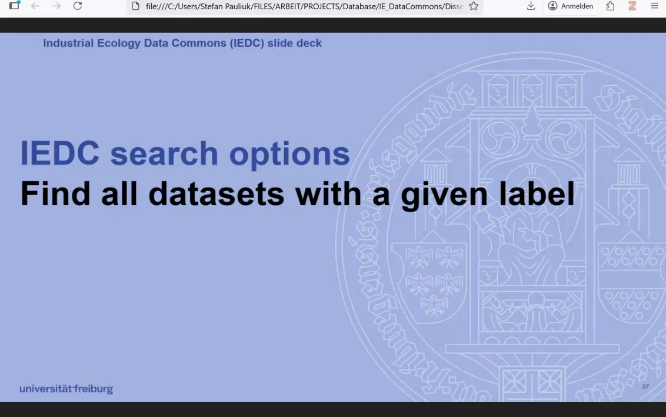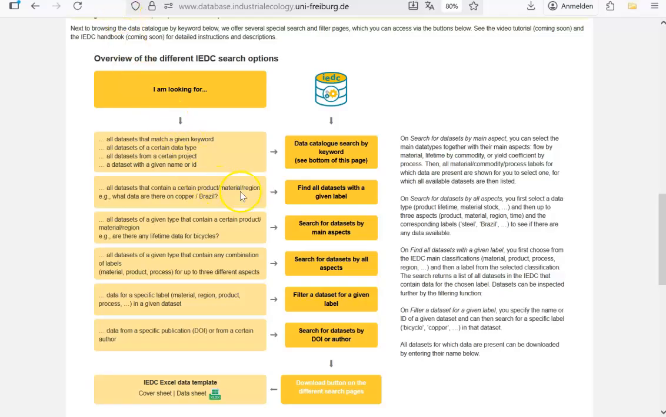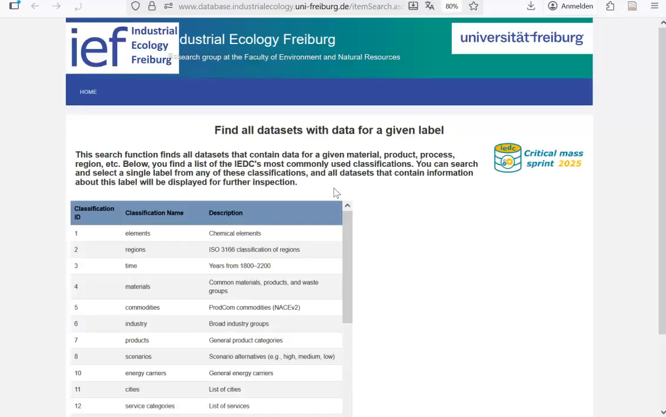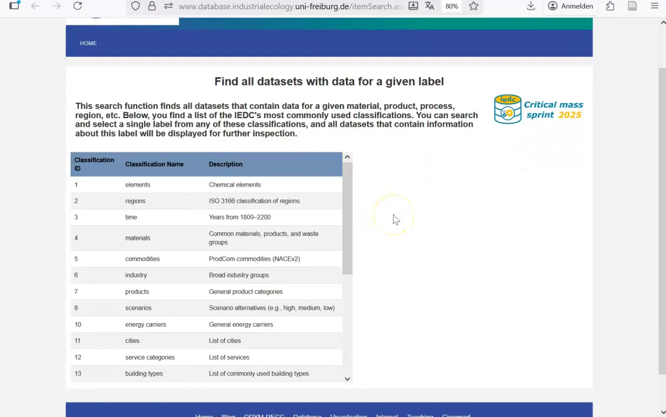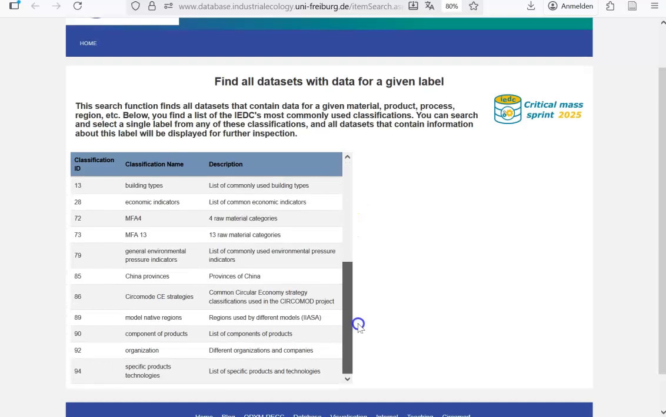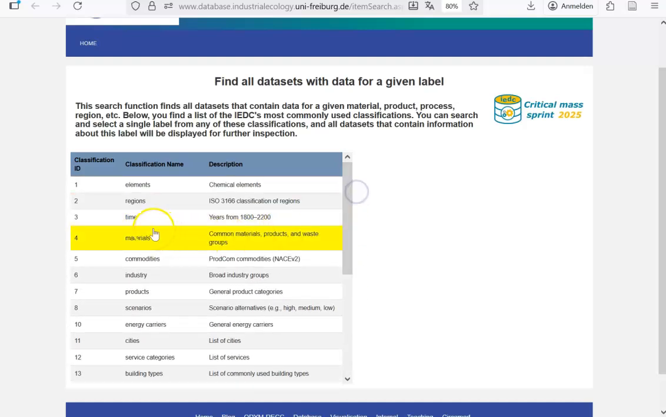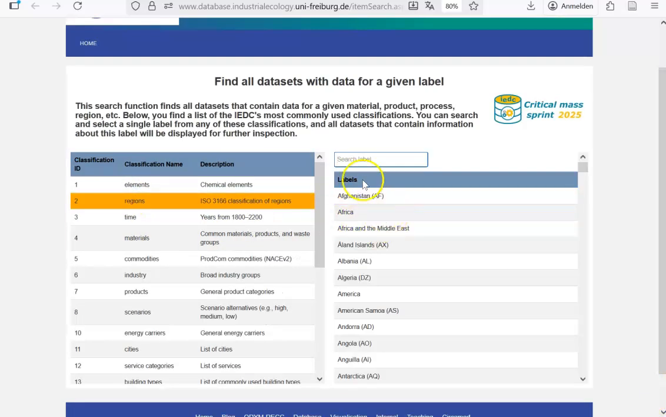First, the most general search option that finds all data sets with a given label. Here, we click this option and we are directed to a new page. Here we have a drop-down menu of the IEDC's most commonly used and most general classifications: the time, the regions, chemical elements, industries, products, and so on. You can select a classification that contains the label you want to search for. So let's see, for example, what data do we have on Namibia? So we go to the regions classification,